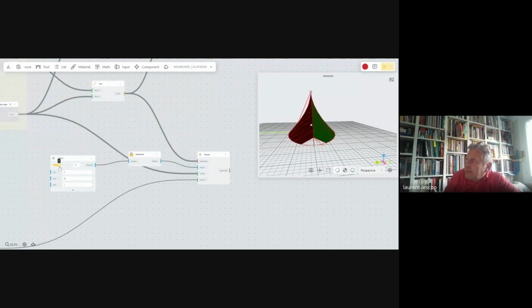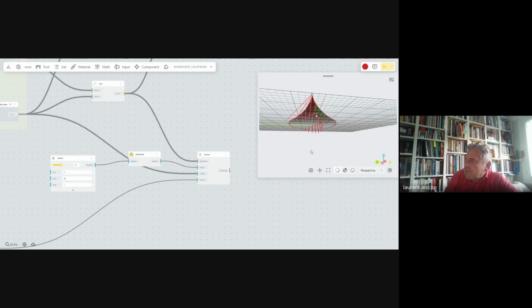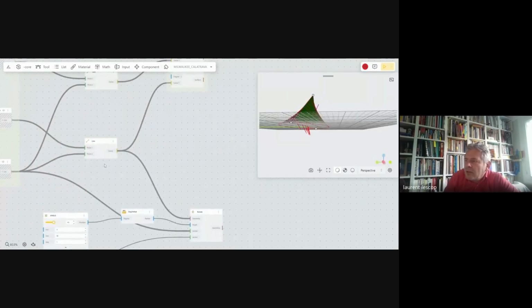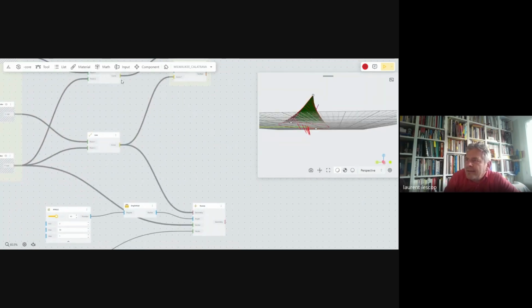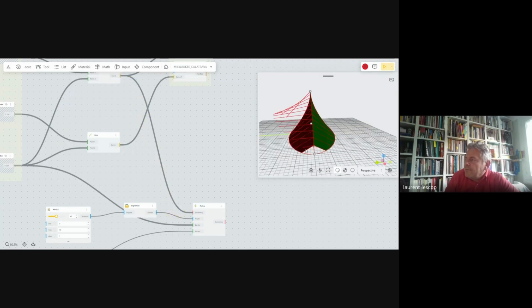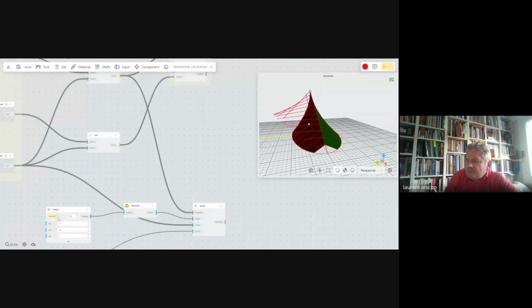Maybe it's not the right curves. Let's try with this side. Oh yeah, that's it. Okay, it works.